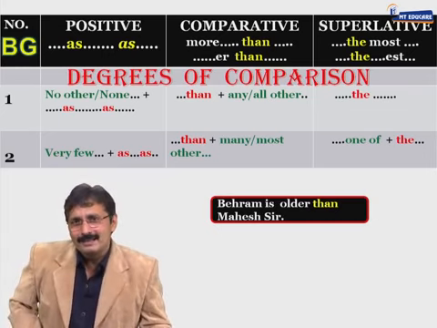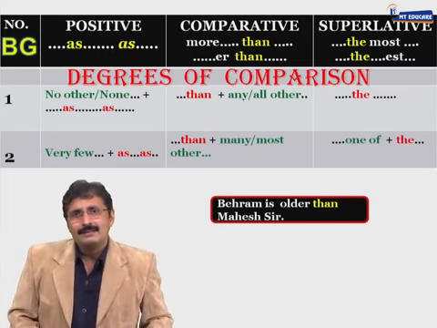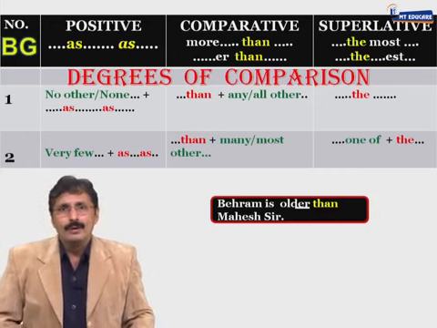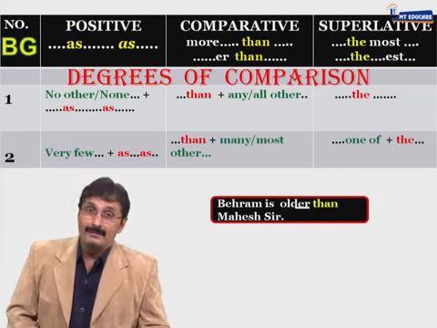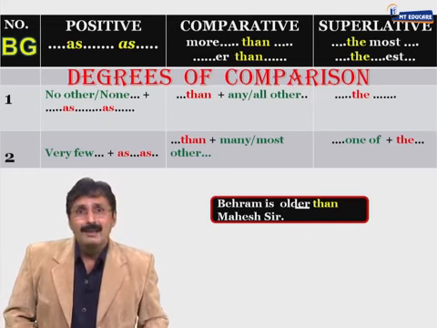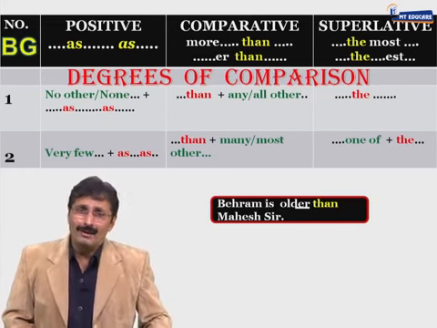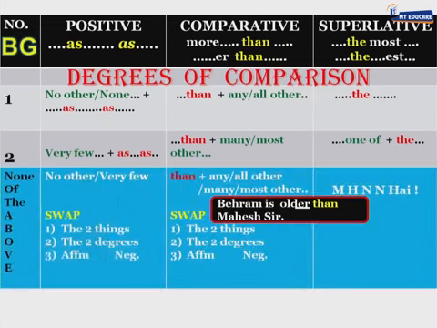Now let's look at the sentence very, very clearly. Can you see it is comparative? Yes, it is. How do we know? ER है and than है, bodyguard भी है. लेकिन than के बाद any other, all other, many other, most other कुछ भी नहीं है. सही बात है. ऐसे sentence का superlative नहीं बन सकता. क्यों? क्योंकि ऐसे sentence में than के बाद जब any other, all other, many other, most other ना हो तो